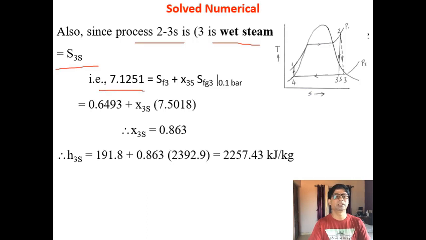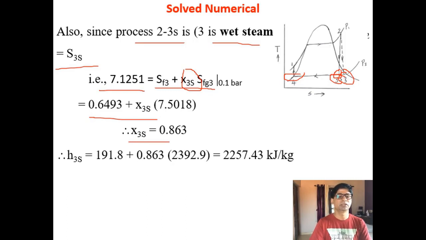So S3s is nothing but SF at 3 plus X3s into SFG at 3, because SF and SFG are the same at 3s as well as 3, because it's not corresponding to a point, it's corresponding to the pressure. So all these points 3, 3s and 4 lie on the condenser pressure of 0.1 bar. So the only parameter specific to 3s in this expression is X3s. So X3s is the only unknown. If you substitute here, you will get X3s as